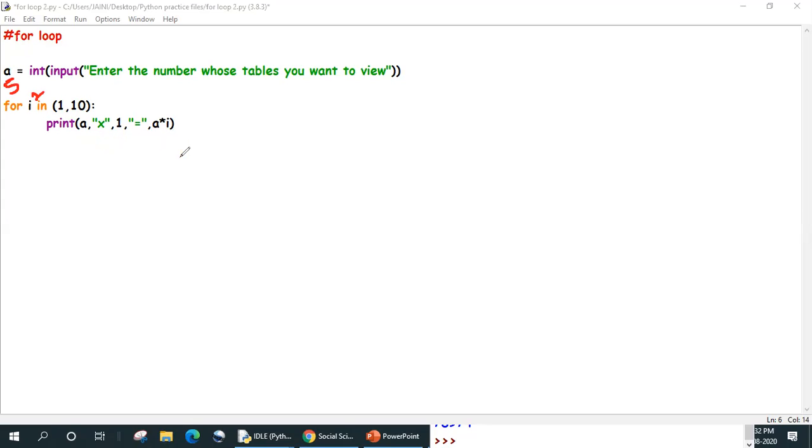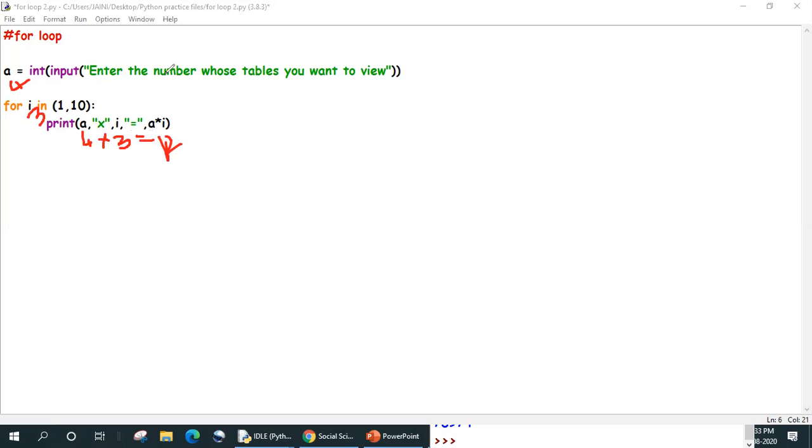The second time, the value of I will change to 2. This is not correct, this has to be I. Now, the next time, let's say A is 4 and I is 3. Then over here, I will have 4 multiplied by 3 equals 12. This is how this is going to work.